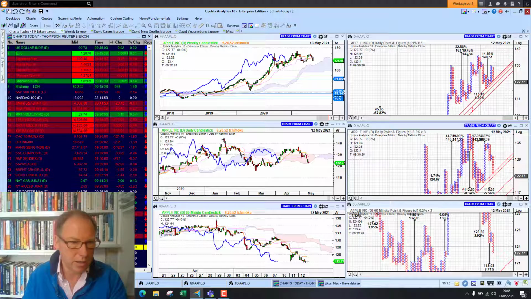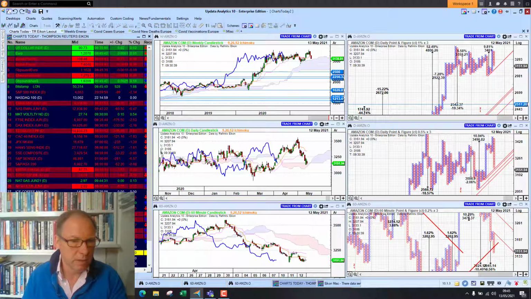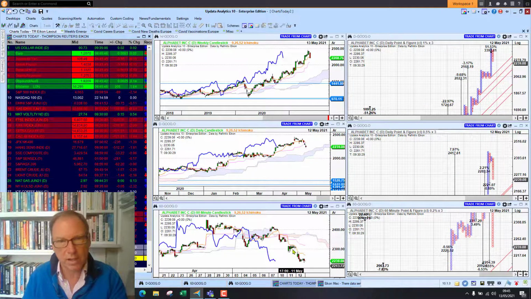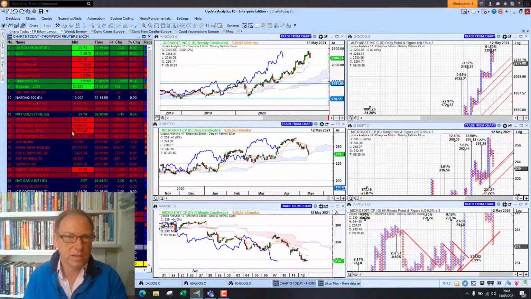Apple bearish below the cloud on the daily, rolling around under the cloud there, really quite clearly bearish on the medium term. Amazon also lower, despite amazing results this year. Amazon actually breaking lower. Google now selling off. They were looking good, but they've had a bad week. Microsoft, much the same picture.